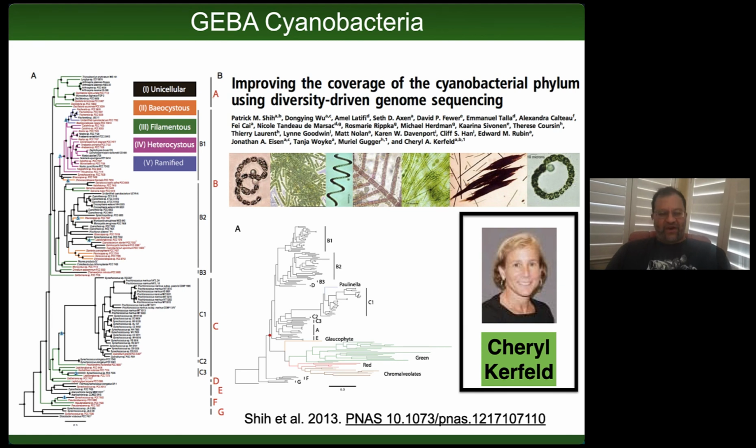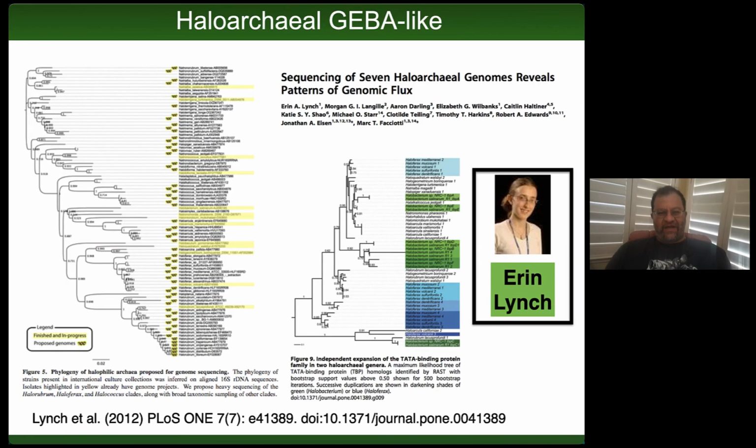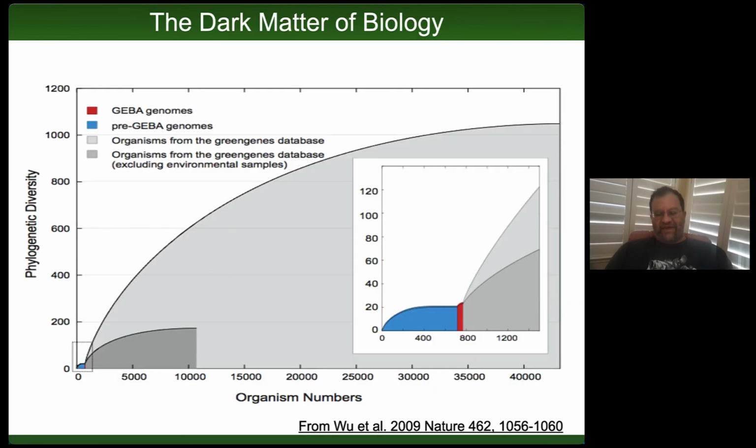There have been many spin-off projects for this, not just filling in the tree of all bacteria and archaea, but there's been a GEBA Cyanobacteria project, there's been a Haloarchaea GEBA project, there's been many of these. And basically the point is that you can walk your way through the tree of any group and select organisms for sequencing based upon their phylogenetic novelty in the group. And that's very powerful. The one big limitation of this is originally this only worked for cultured organisms,